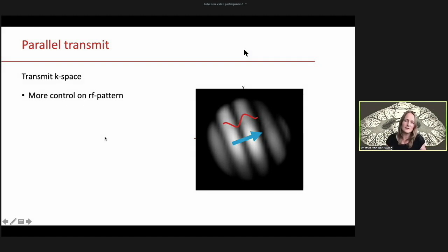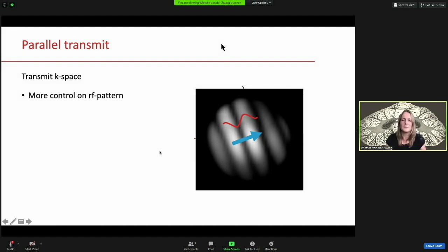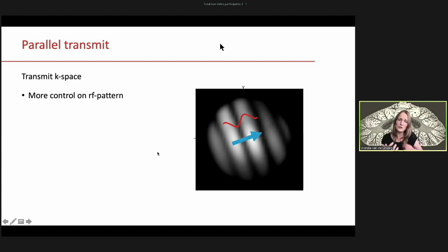So it's insensitive to the B1 field in a shape which is dictated by the position of our excitation point. Now you can imagine that if you do multiple points, you can combine these, much as you use multiple points in K-space to combine your images,